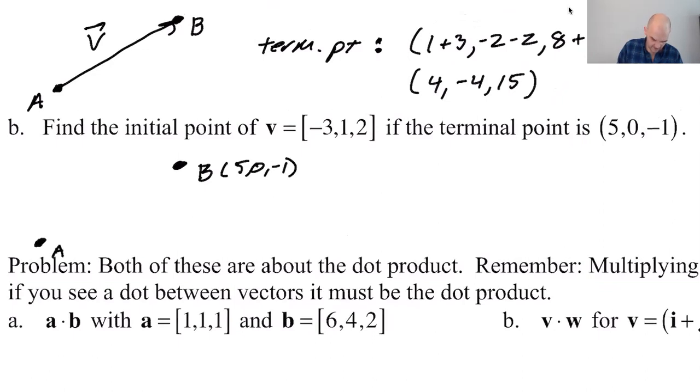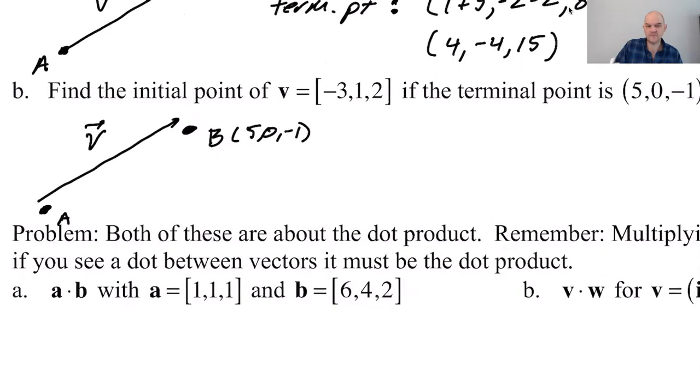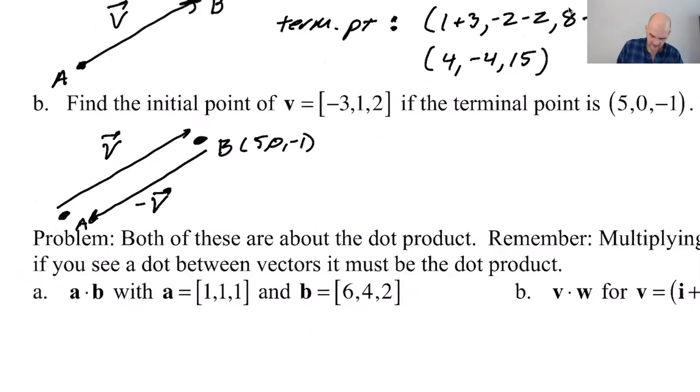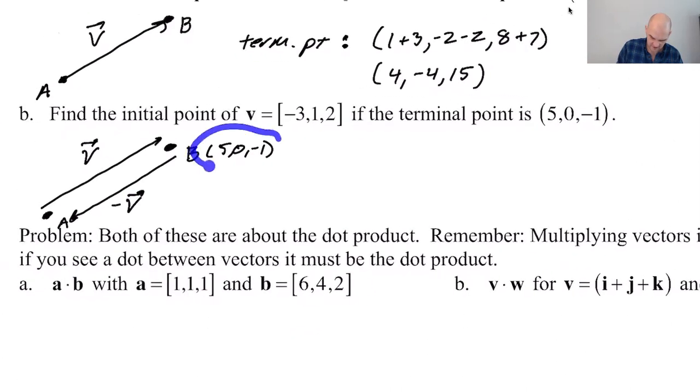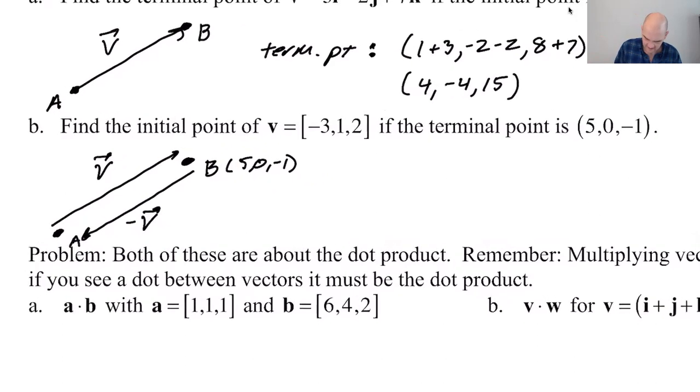So from A to B would be V, which means that to go from B back to A, we would just use -V. So if I consider this the initial point of the vector -V, I can find that as the terminal point of -V, which must have been the initial point of vector V. So using the opposite of a vector is like reversing time or going home from your trip. So that would tell me that the initial point,